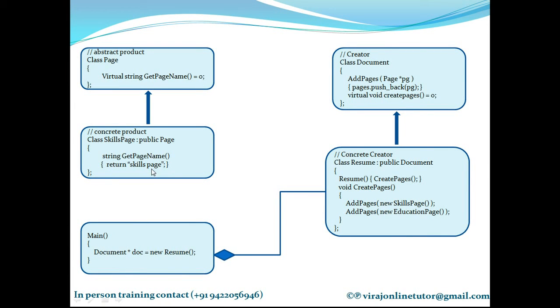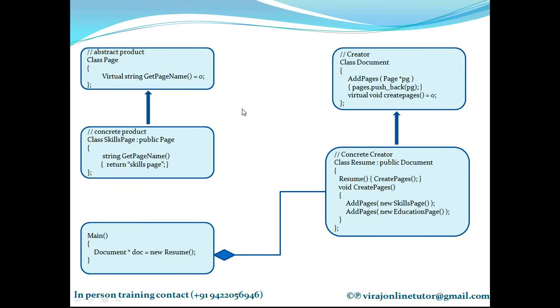Simple. My main intention in these sessions is to make things as simple as possible. That's why the code examples that I have used are very simple. So I have an abstract product, which is class Page, in which I have a function called getPageName. It says give me the page name please. But since this is an abstract product, I am just declaring it here. Then I have a concrete product called SkillsPage, which inherits from Page, and I'm defining a getPageName function over here, which returns the skills page text. So is this product hierarchy clear to everyone? I have the abstract product Page and a SkillsPage inheriting from Page. That's it.